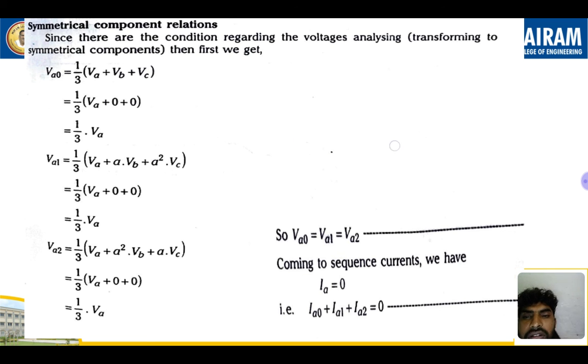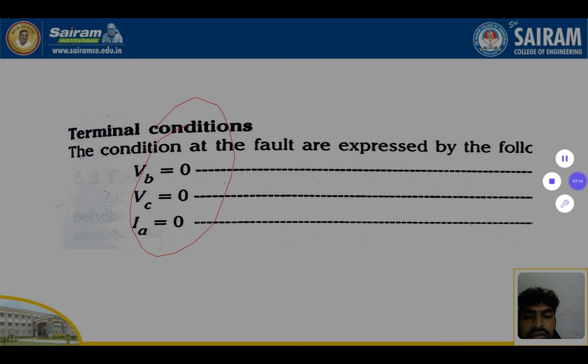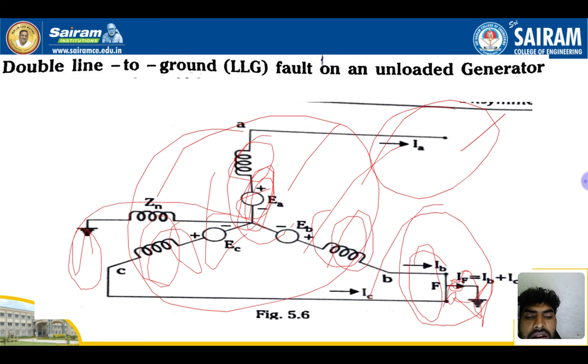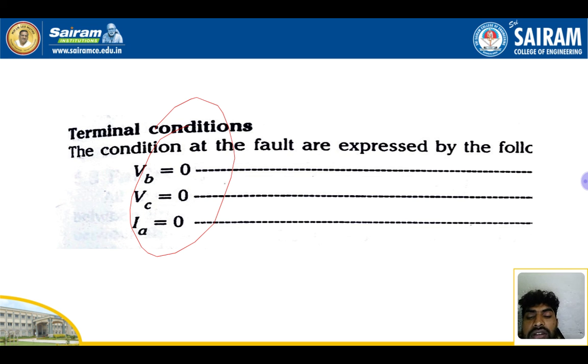And the symmetrical components we'll discuss now, right? See in the previous diagram, how does it become VB equal to 0? Suppose why this one is 0. See here, if suppose there is a short circuit at the bulb terminal, the bulb will not be glowing, the bulb will get damaged, voltage becomes 0, current reaches the maximum limit. So that's why we have taken here voltage becomes 0, and VC is equal to 0, IA is equal to 0. Only IB and IC carry more current and then automatically the fault occurs,